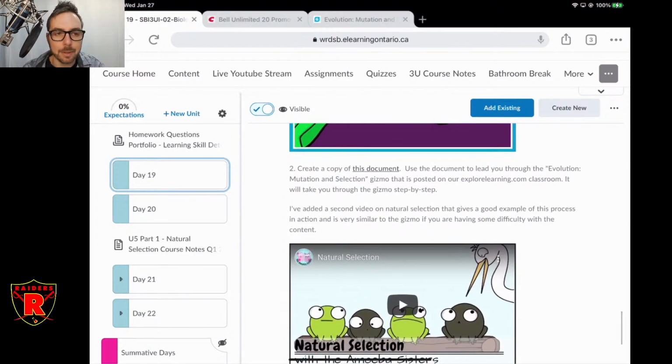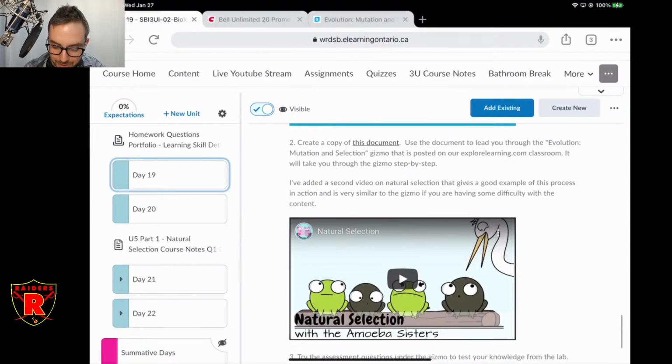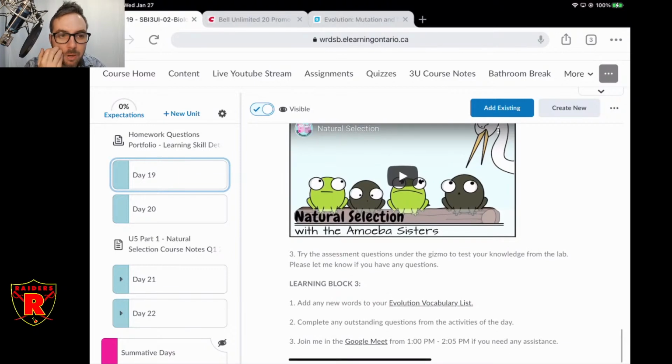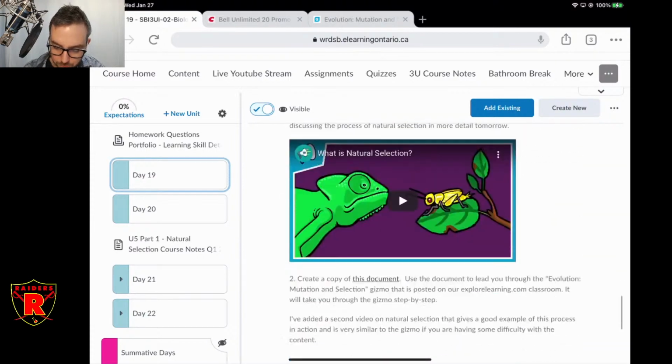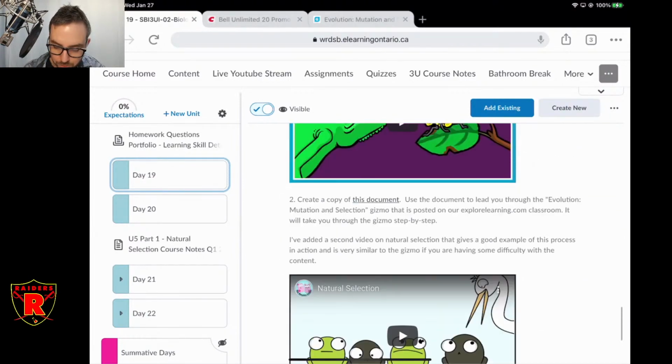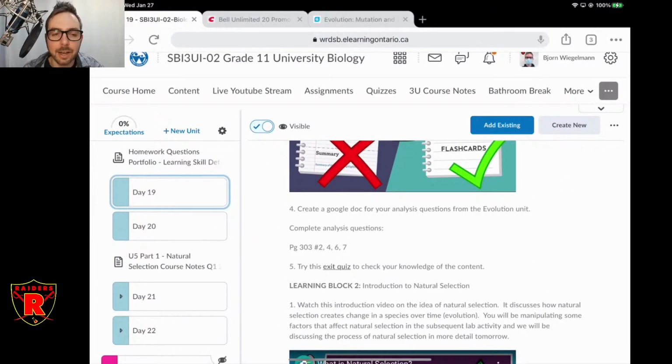And then you did a little lab that basically demonstrates that concept. That digital lab I'd normally do even if we're in the classroom, because it's kind of hard to simulate evolution just in the room. Although I suppose there are ways you could do it. Anyway, I think it's a fairly good lab activity. It definitely shows how natural selection works. So from the assessment questions underneath the lab, page 303, questions 2, 4, 6, and 7, does anybody have questions that you'd like me to go over right now?